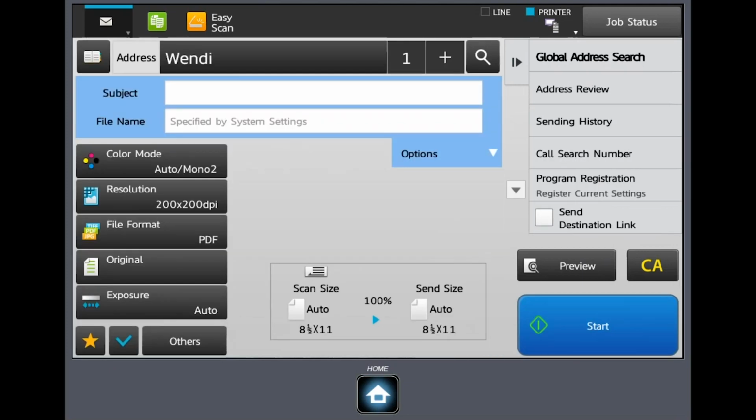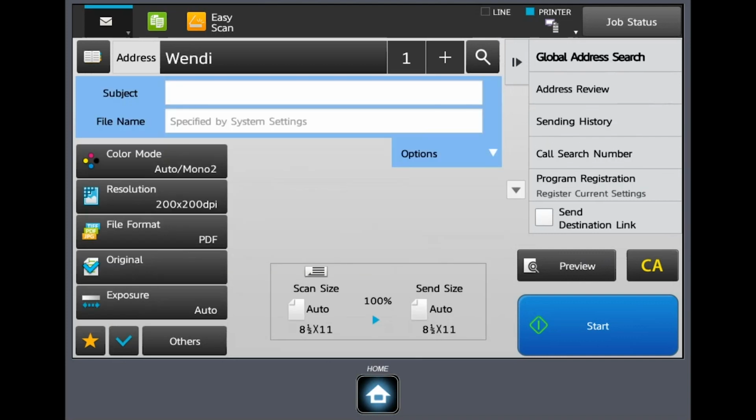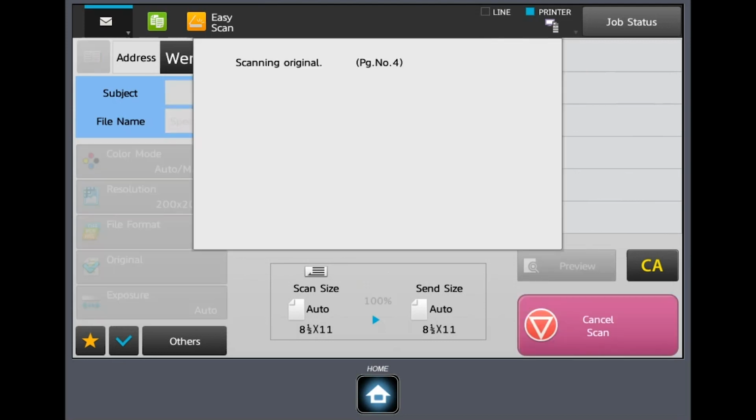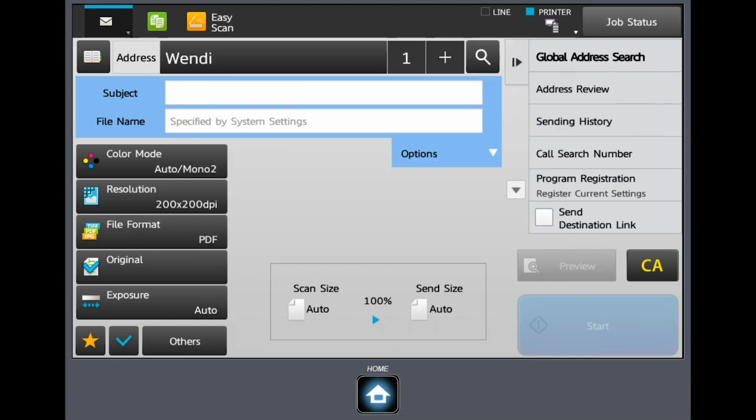When I hit that and I tell it original size is two-sided booklet, and I hit the start button, it says you scanned 2 sheets, but there were actually 4 pages. Do you want to send just those 2 pages and execute the job? And I have the option to cancel or say OK. We're going to go ahead and cancel. But that's what Blank Page Skip does. Under Others,